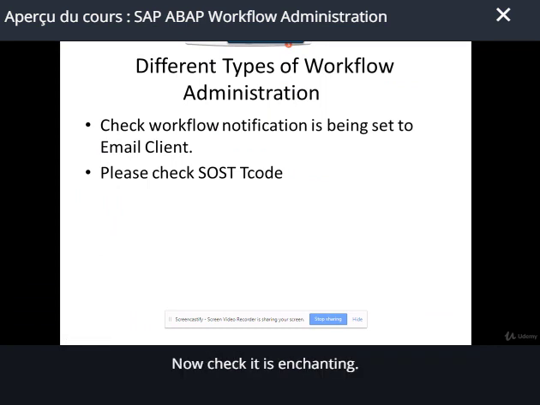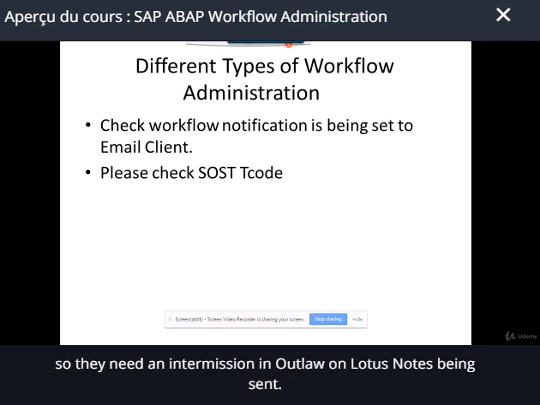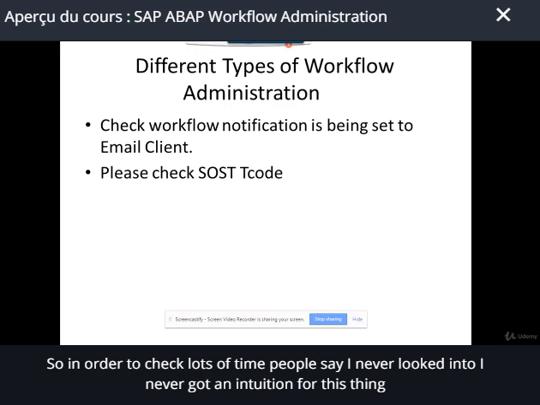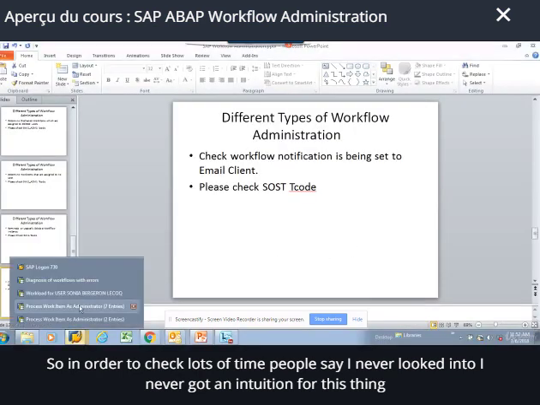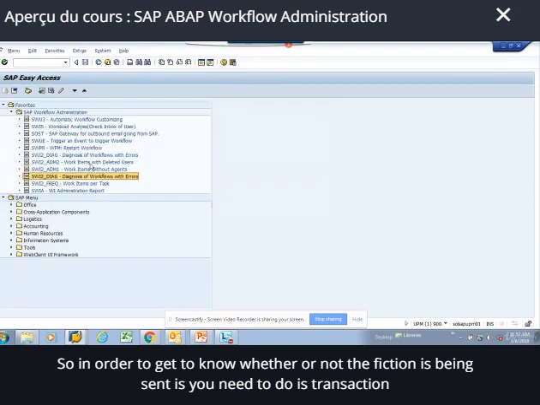Now check workflow notification is being sent to the email client. So this is also very important because lots of times people are not really logged into SAP all the time. So they need an intimation in Outlook or Lotus Notes being sent. Lots of times people say, oh, I never got an intimation for this, or a notification was not being sent. So in order to get to know whether a notification is being sent, you need to go to this